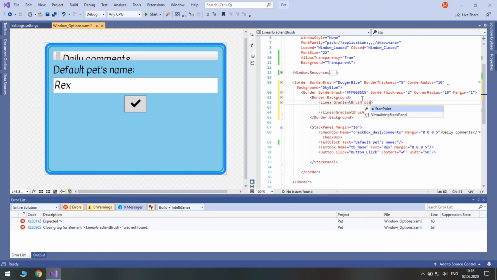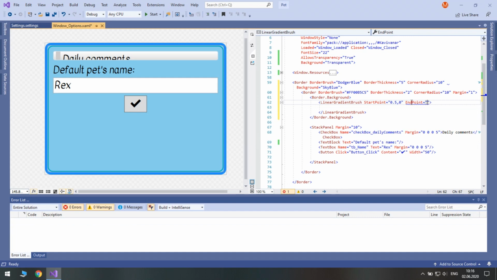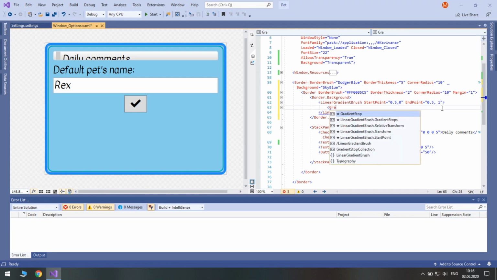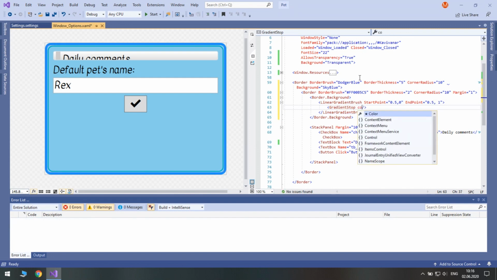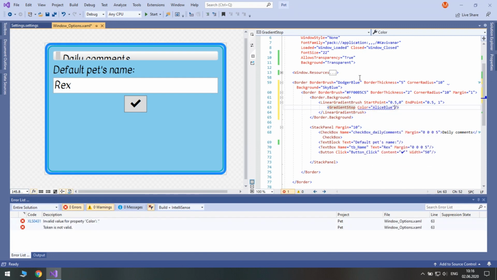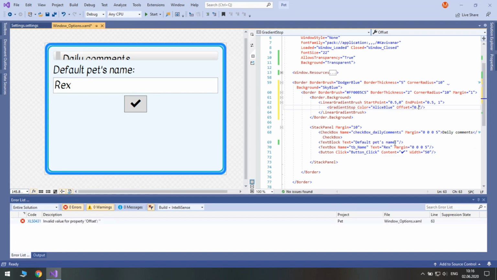Again, start point is 0.5, 0. The end point is 0.5, 1. And we will have 3 gradient stops. So the first one will be Alice Blue. Offset 0.0.